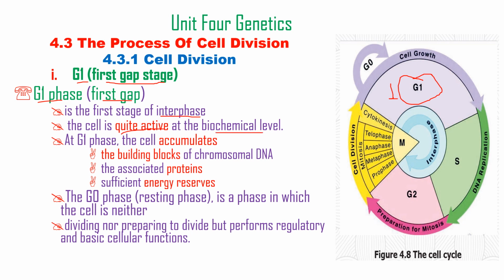The cell is quite active, meaning it can carry out cellular division and active cellular biochemical reactions. And also at the G1 phase the cell is quite active, meaning the cell exercises active divisions. And also at the G1 phase the cell accumulates